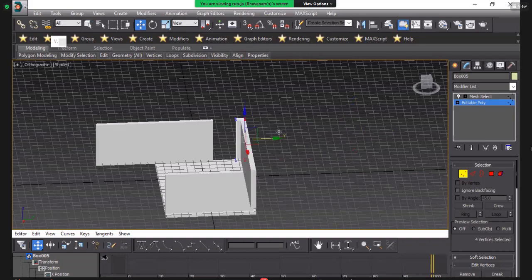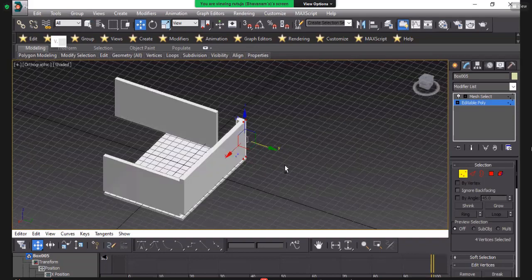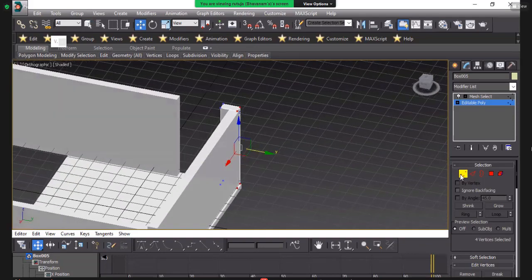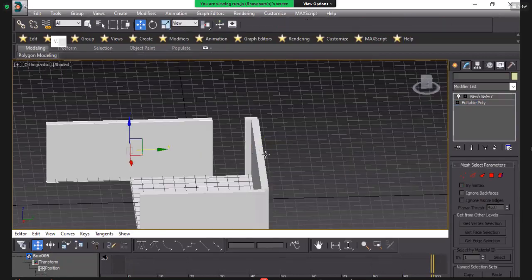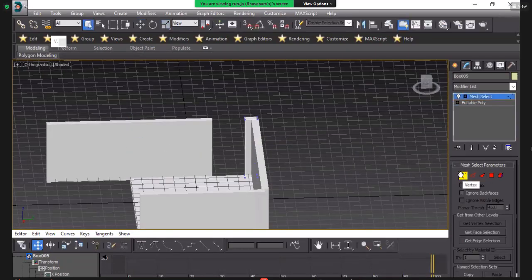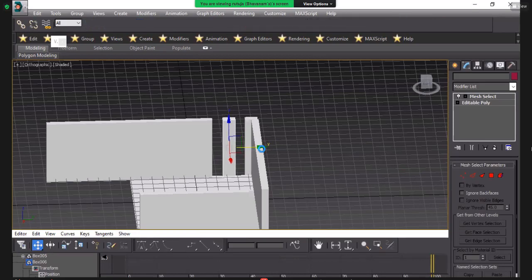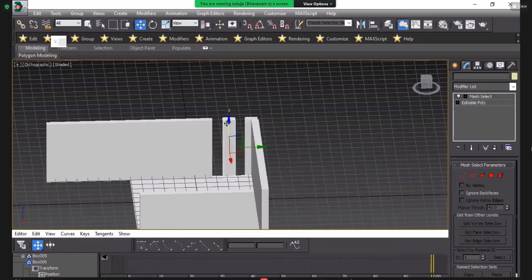Like that, we change the width of the wall here. So what we can do is simply select this wall, shift, copy, reduce the height and move it like that.